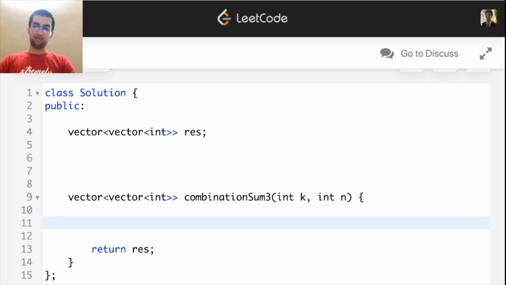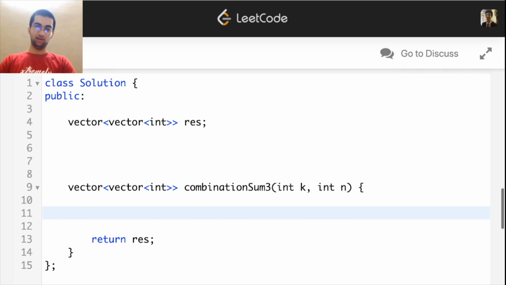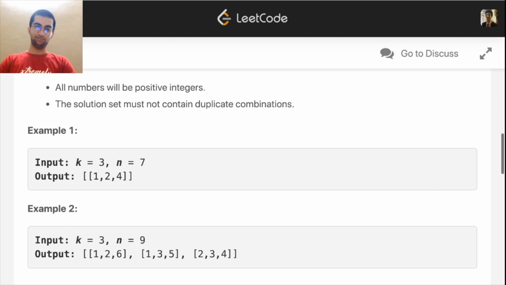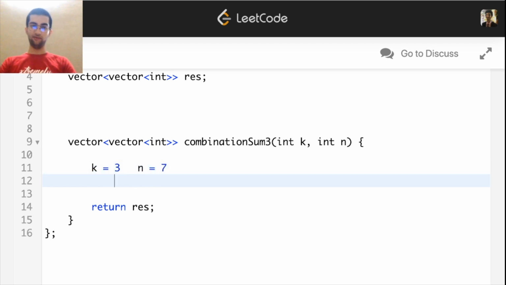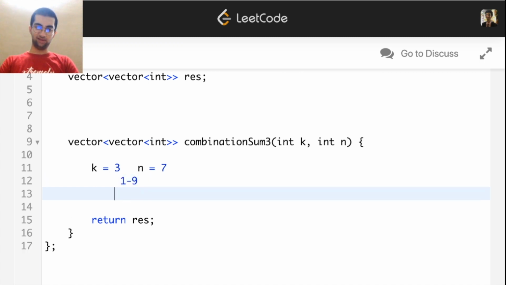How? So let's take the first example, right? K is 3, n is 7. So I'm going to just do a dry run to explain the logic. First of all, k is 3, so I'll be choosing 3 numbers. From 1 to 9 is my choice. Let's choose 1 first.